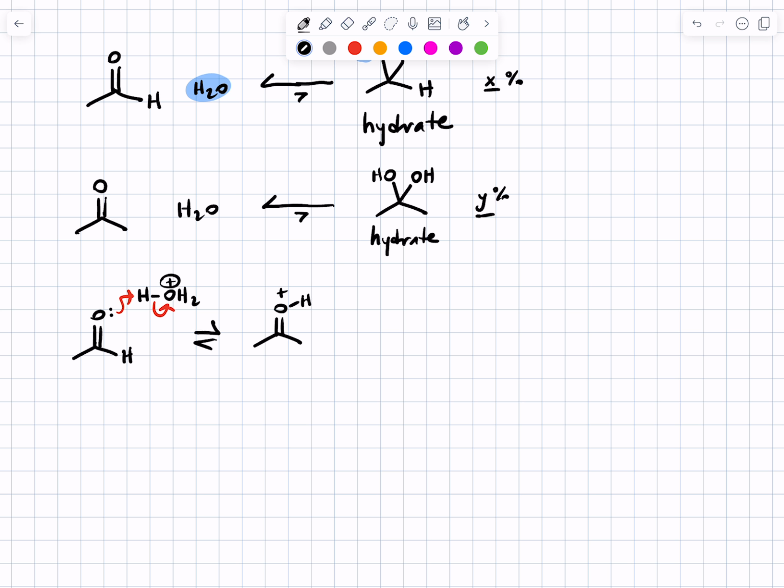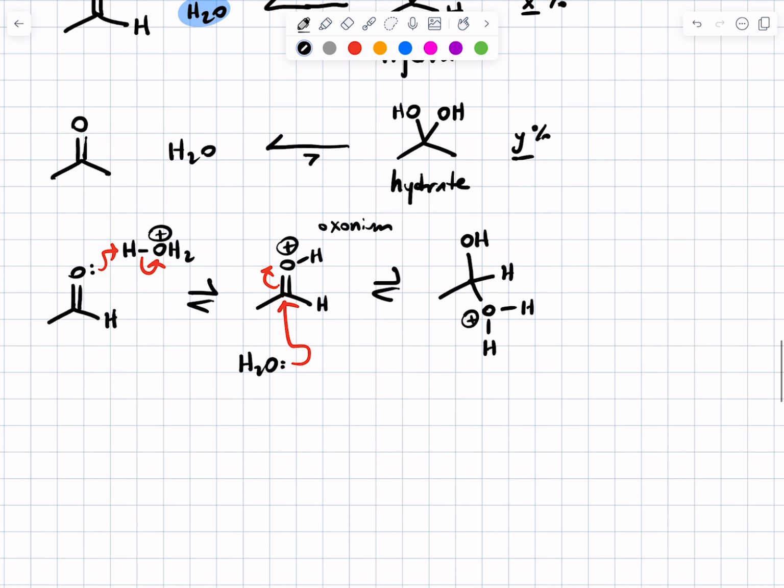You have to do that because, for the aldehyde itself, water is not a good enough nucleophile to attack the aldehyde directly. You protonate it to get to this oxonium ion, which is now reactive enough for water to attack. That gets you this tetrahedral intermediate where the water that just attacked now has a carbon-oxygen bond, 3 things bonded to the oxygen, so it has a positive formal charge. And in the final step, the conjugate base of H3O plus will remove a proton to get you to the